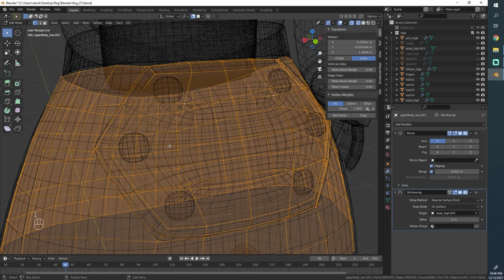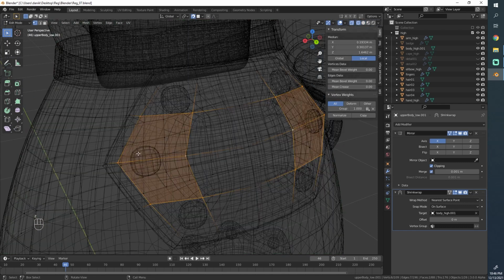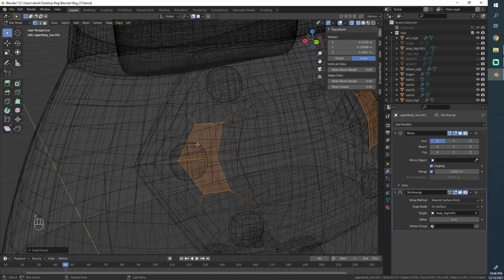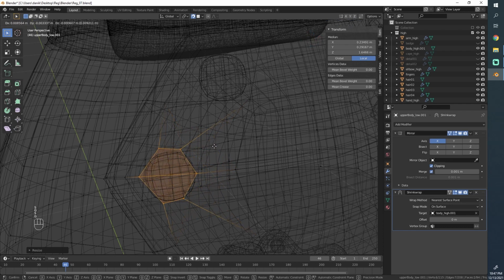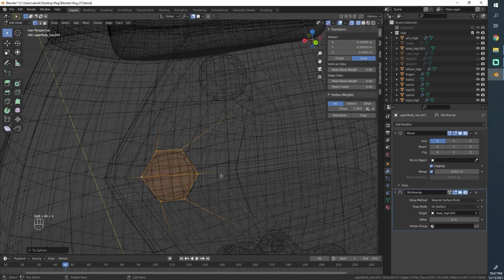So I don't see much of a better way of doing that other than just to take this area and inset it as we did before, and then with this selected you can hit Ctrl-Shift-S and then press 1. That will kind of make it a circle, but I think you have to adjust it a bit more just to get it a bit more even. We can do that again, so that should make it a bit more circular.